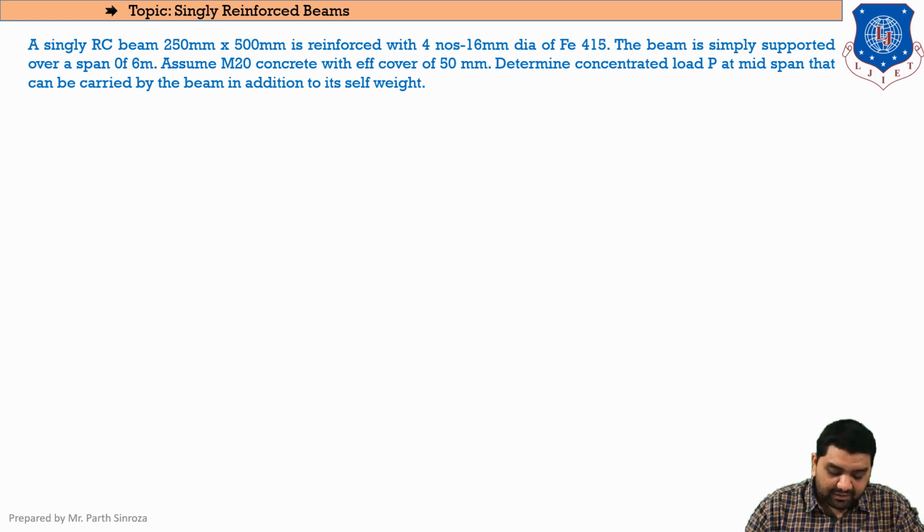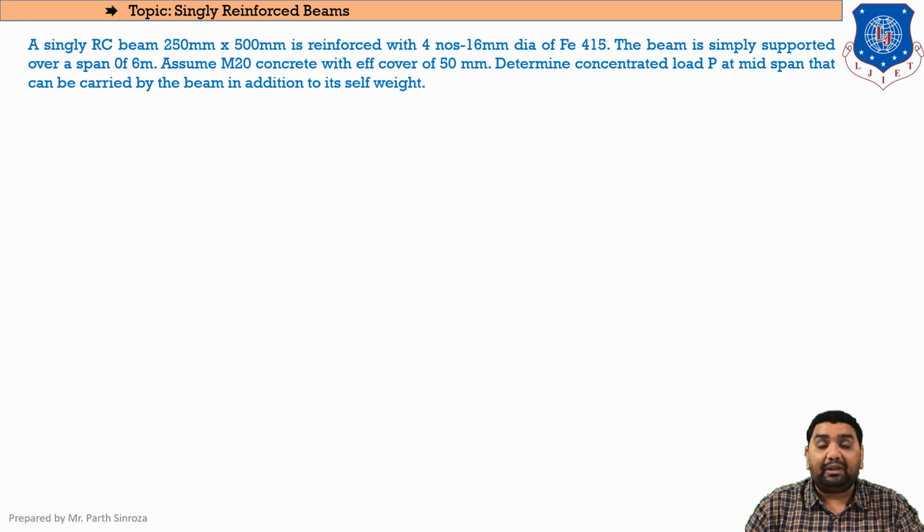And it is said that it is reinforced with 4 numbers of 16 mm diameter bars of Fe415, that means HYSD bars are given, and from this data, that is 4 numbers of 16 mm, we will be calculating the value of our AST, that is area of steel in tension. It is said that the beam is simply supported over a span of 6 meters,